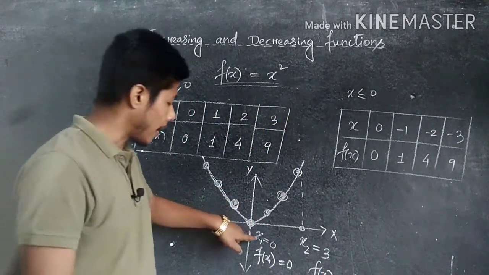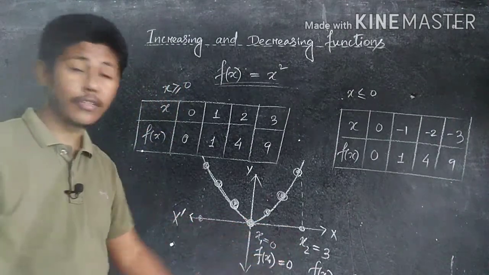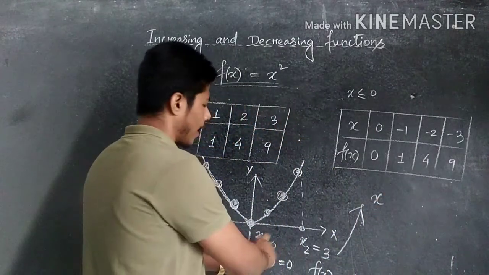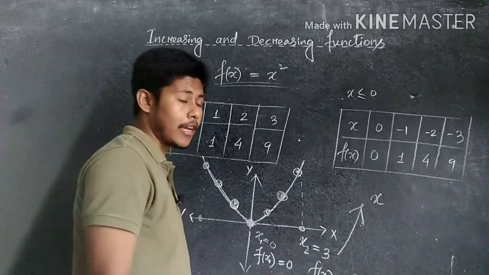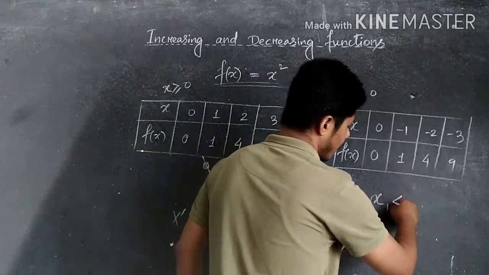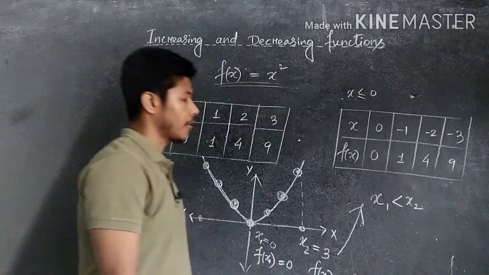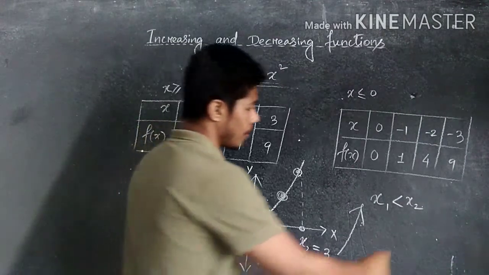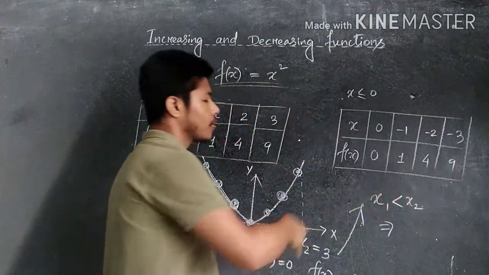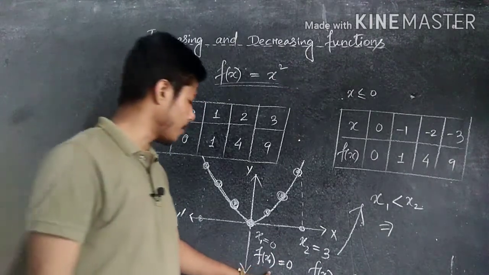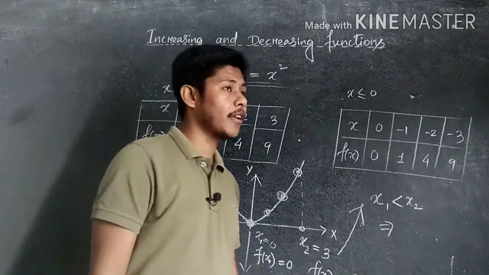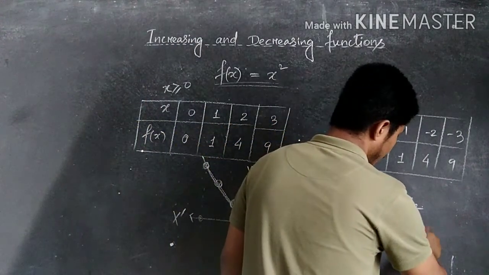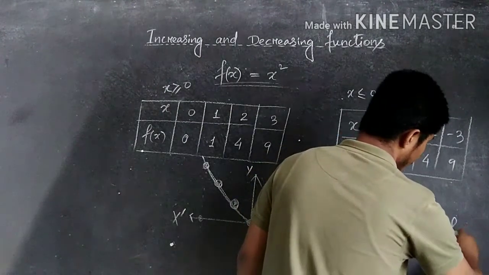So in this case you see here, x1 and x2, in between these two which one is greater? So obviously x2 is greater, so that's why we have to write x1 less than x2. The greater one is x2, so that's why we write x1 less than x2. And from this one, what result do we get, in between f of x1 and f of x2 which one is greater? So obviously f of x2. So in this case we get f of x1 is less than f of x2.